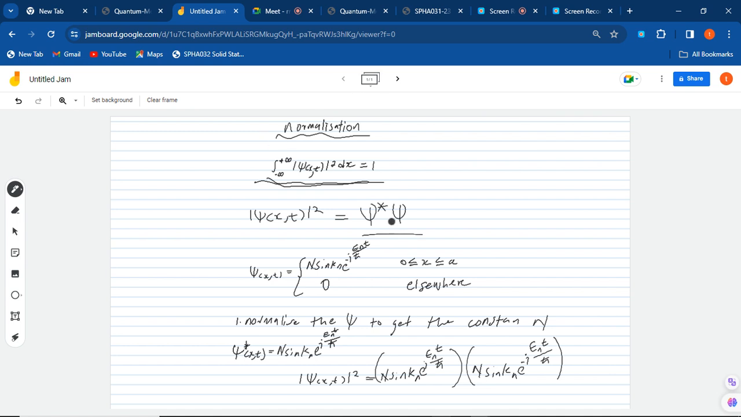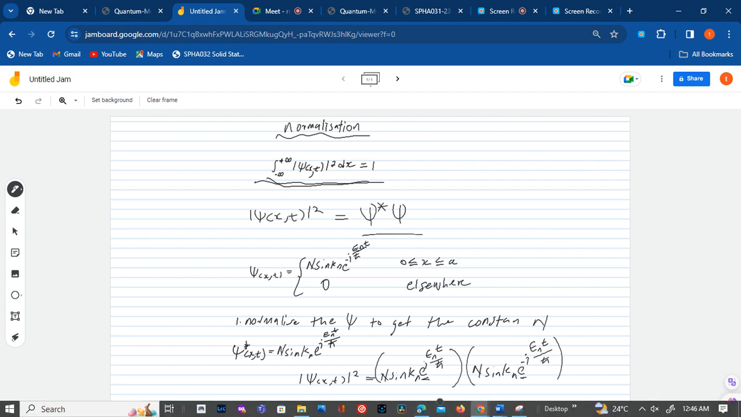And then what is going to happen now? You have this and this. They are going to cancel, right? You have this and this. They will square. You have this and this. It will be squared as well. So